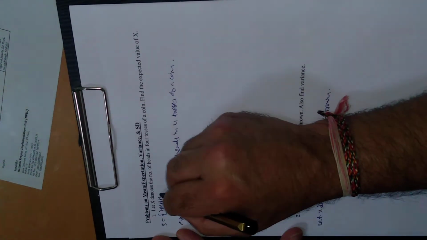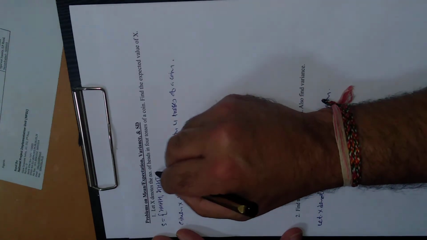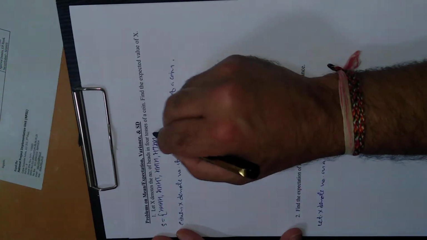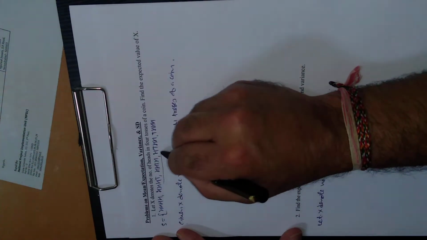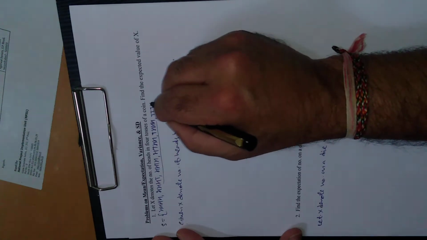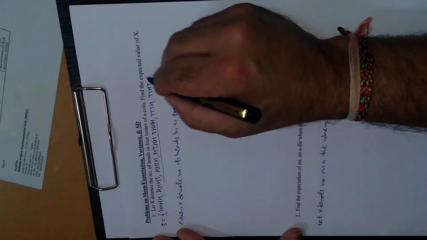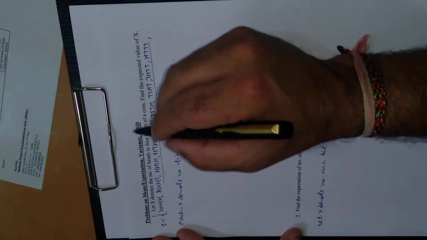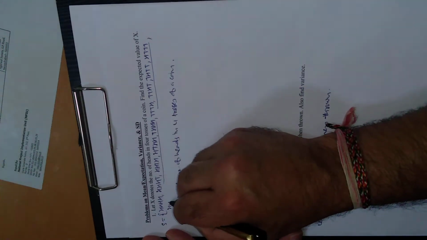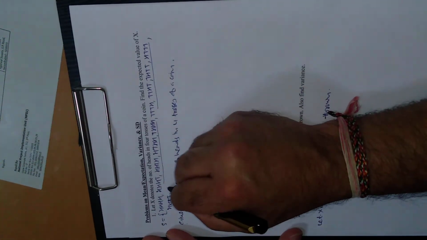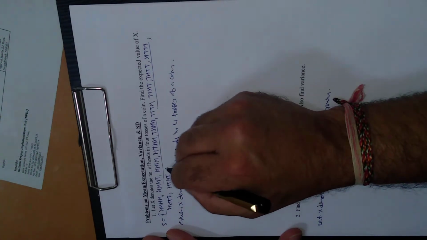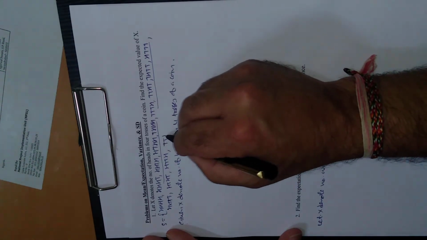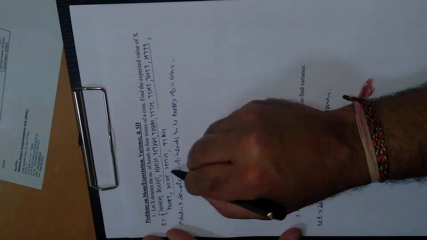4 times head. Next is head, head, head, tail; head, head, tail, head; head, tail, head, head; tail, head, head, head. All these 4 are similar. Next will be head, tail, tail, tail; tail, head, tail, tail; tail, tail, head, tail; tail, tail, tail, head. These 4 are also similar. Next will be head, head, tail, tail. Move one head to the right: head, tail, head, tail. Next will be head, tail, tail, head. These 3 are similar. Next is tail, tail, head, head, just opposite of this one.